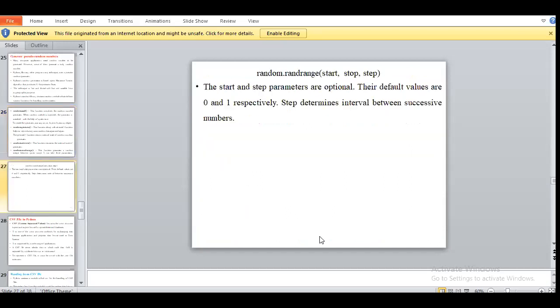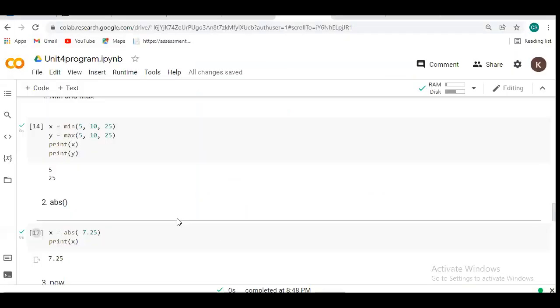The range function has three parameters: a start value, a stop value, and a step. Stop is 10, start is 0, and the step means, suppose, after every two or three elements. Okay, so we will see the program.